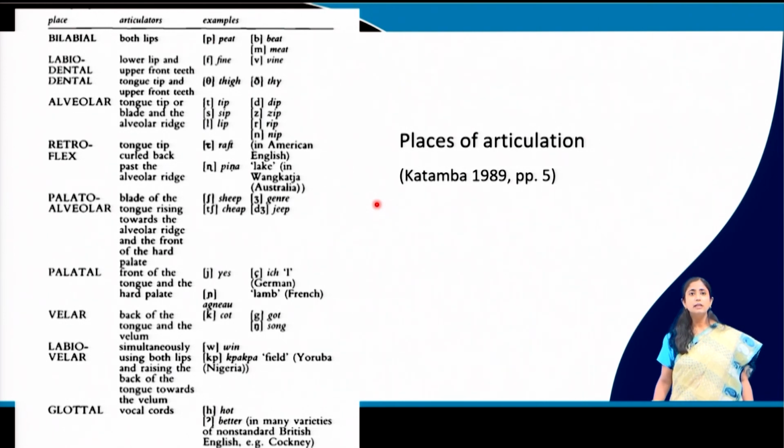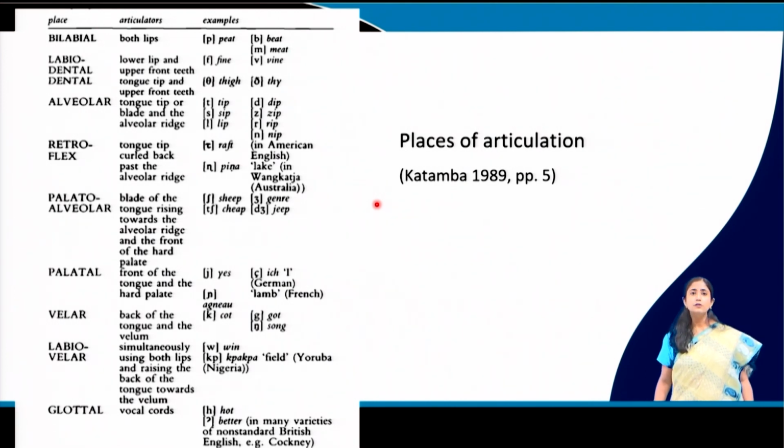So, coming back to this, you can see the velar sounds, which are produced by the back of the tongue and the velum. The back of the tongue actually raises a little, k, g. The back of the tongue and velum are used to block the air before it is released, because we are talking about consonants, and you know that while producing consonants we need to block the air somewhere in our oral cavity, and then we produce velar sounds. And then we have labiovelar sounds, which again use both lips and the raising of the back of the tongue.